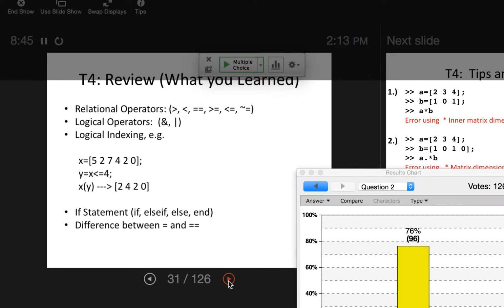Topic 4, which is on logic, is basically what we just did there. It's just being able to communicate with the computer: decision-making, relationals, and the and, or, not structures. So that's a lot of what we have been thinking about, as well as logical indexing, which is what